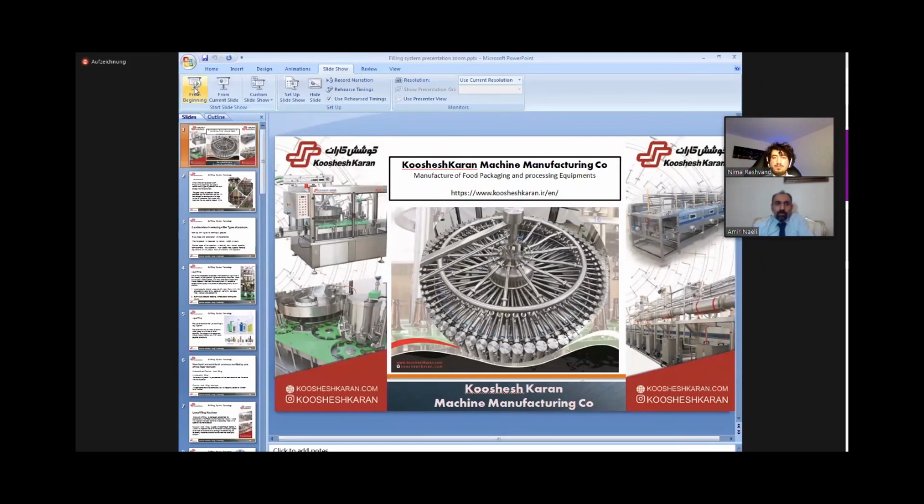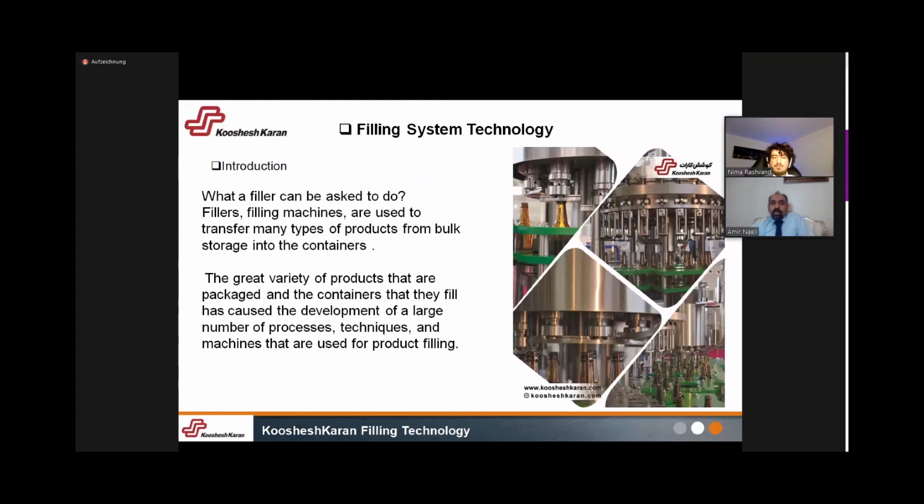I want to speak about the filling system technology. What a filler can be asked to do. Fillers, filling machines, are used to transfer many types of products from bulk storage into the container. The great variety of products